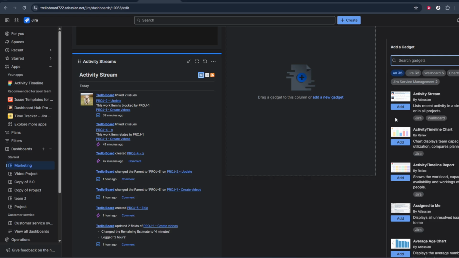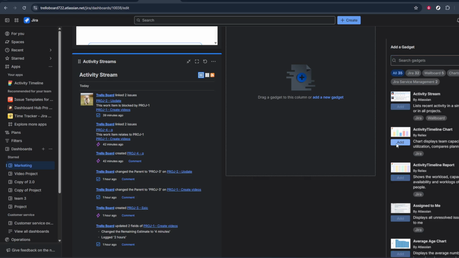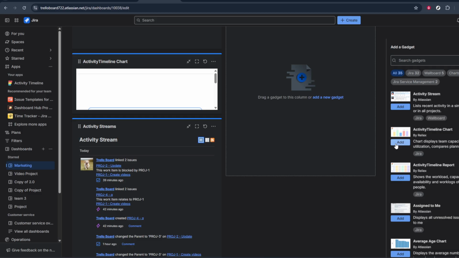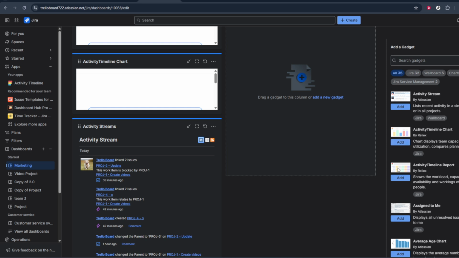For each gadget, you'll typically choose a project or filter, and then adjust the display options so the information is meaningful at a glance. Take your time to experiment a little. You can always drag gadgets around, resize them, or remove ones you don't find useful. When you're done following the prompts,